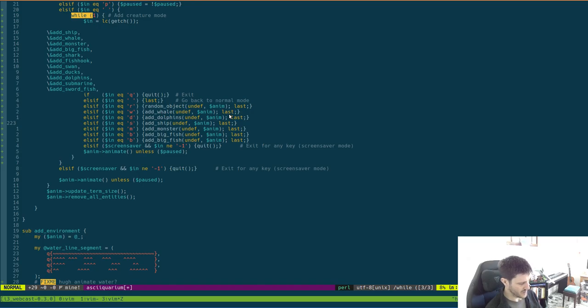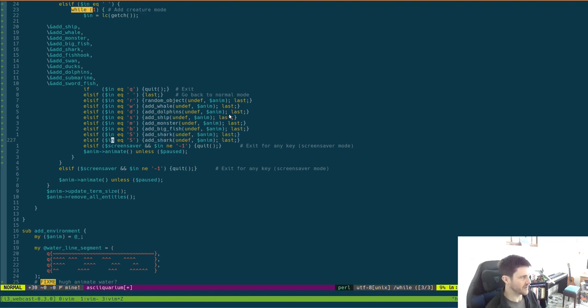So how do we want to deal with shark and ship? Maybe we will have capital S as shark because it does kill some things. I don't know if it will clear up the thing, but